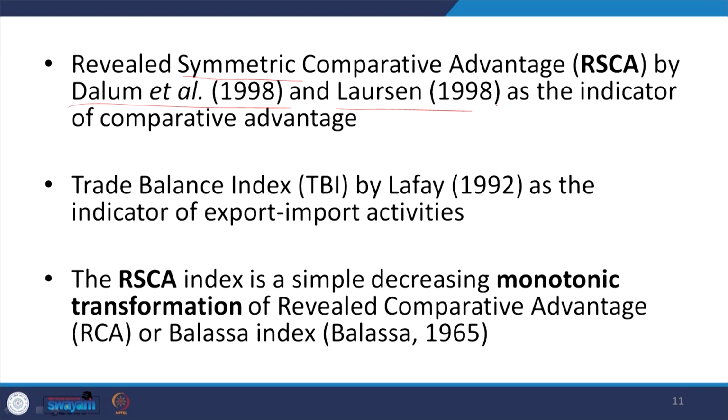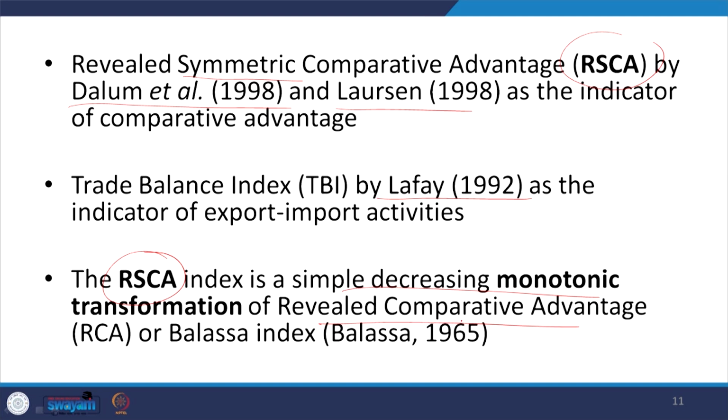The trade balance index was developed by Lafay in a 1992 paper as the indicator of export-import activities and the direction of trade. Basically, RSCA, revealed systematic comparative advantage, is simply a monotonic transformation of the RCA, revealed comparative advantage, developed by Balassa